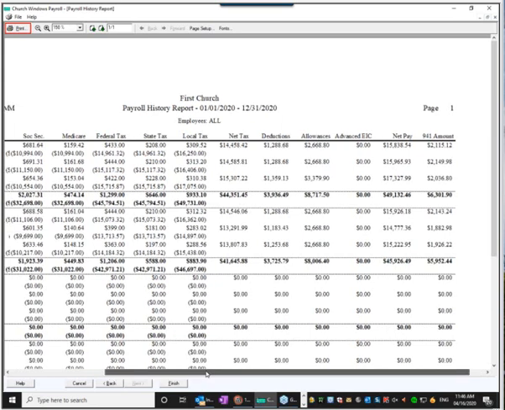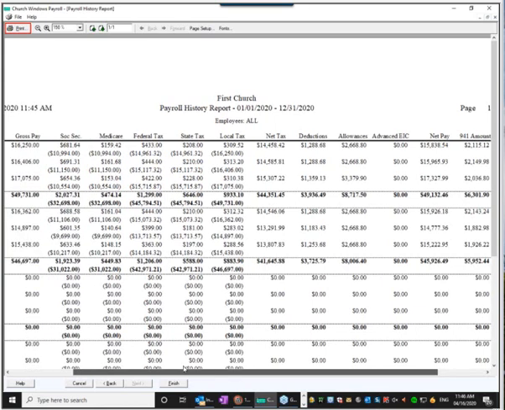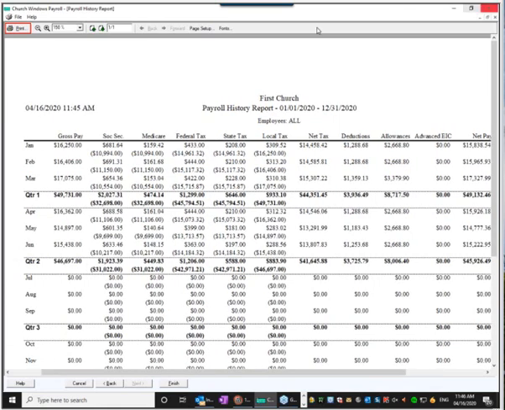And notice here when we go down into the third quarter, it's showing nothing because we don't have anything in our training data past June. Okay, in our trial data here. But again, if I run it for individual employees, so if I go back and I change it to an individual history report, it's going to show me,